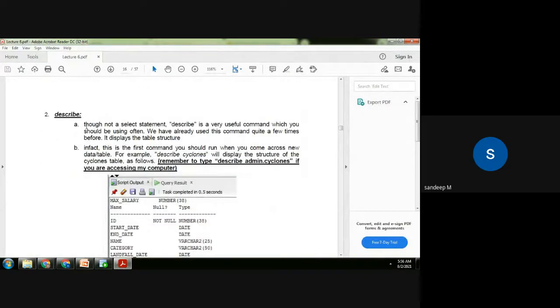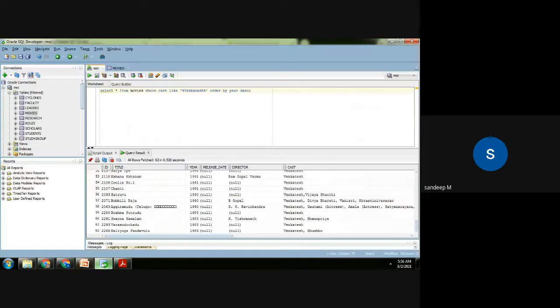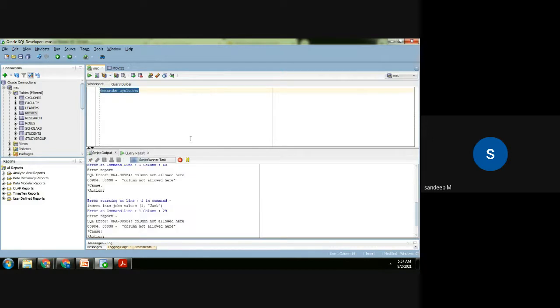Describe is a very powerful command. Keep using it. Describe will tell you the structure of the data set. Sometimes when you're given a new data set, you don't know what the rows and columns are. Say, for example, I want to see the cyclone data set and just get an idea of what it contains. I can use the describe command. It gives you the names of the columns, the structure of the data set.